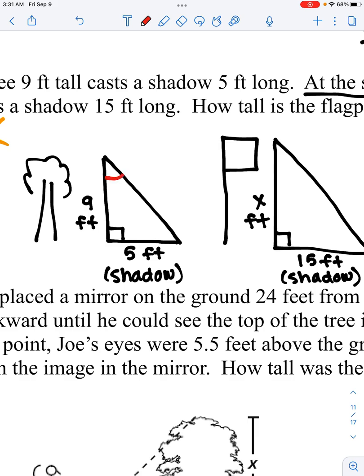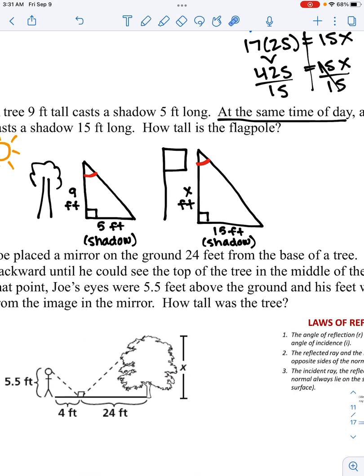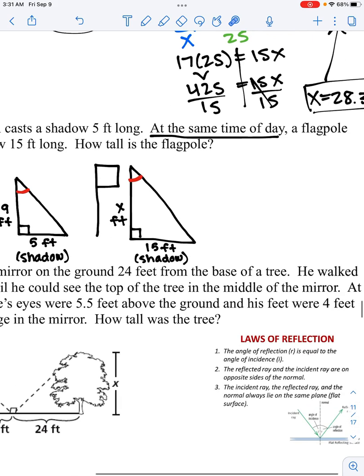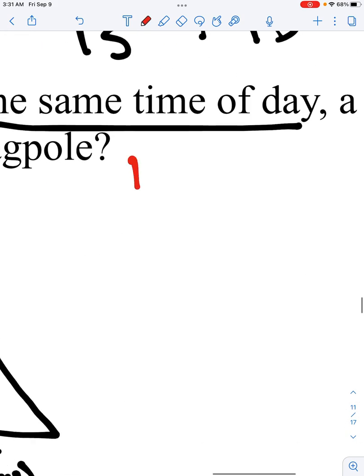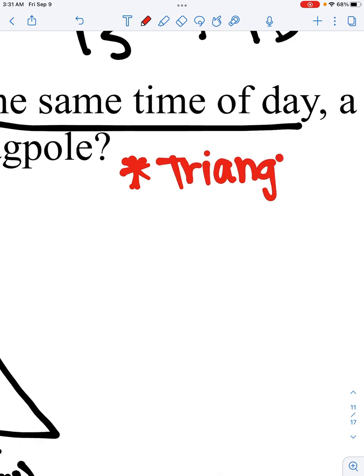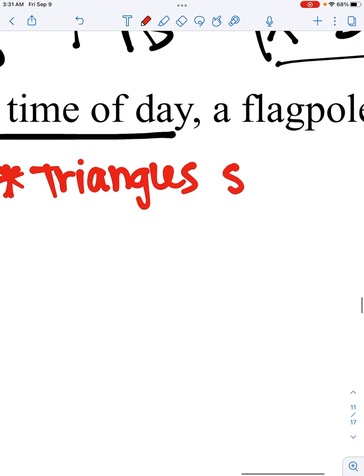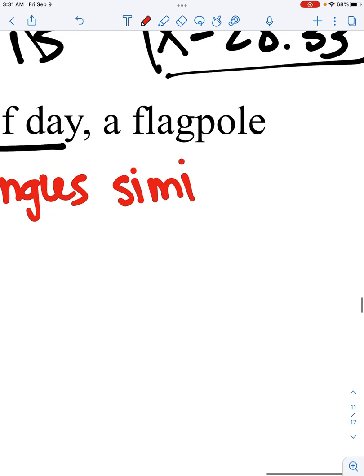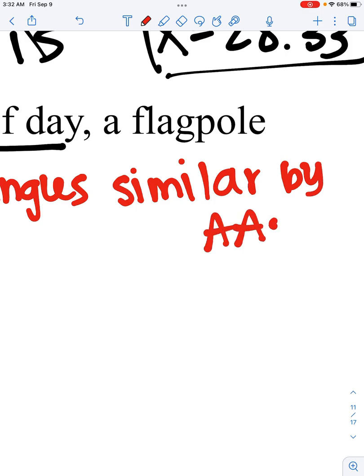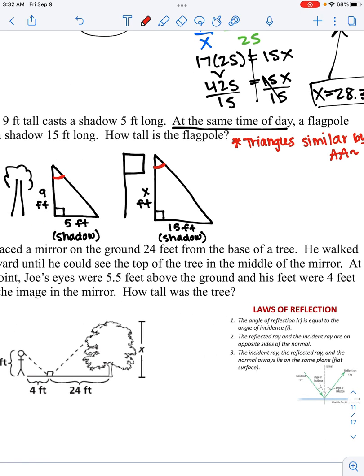So that tells me that these angles here are going to be the same. And now these two triangles that were created by those different lengths have two congruent angles. So now we are able to make the claim that the triangles are similar by that angle similarity theorem. Similar. And then having justified that and stated they're similar, we can now set up